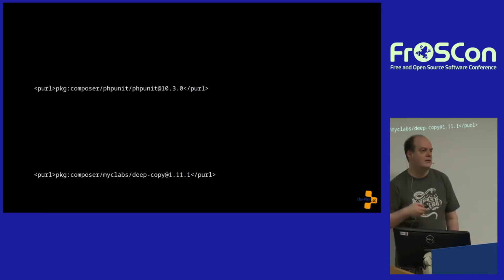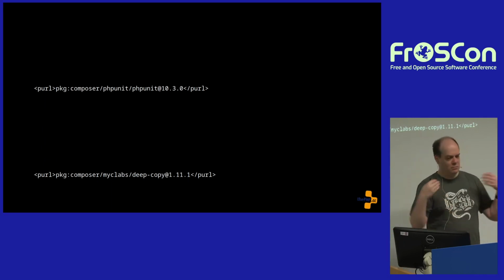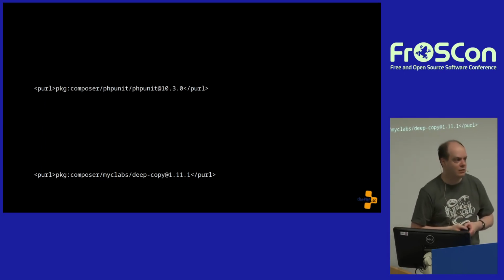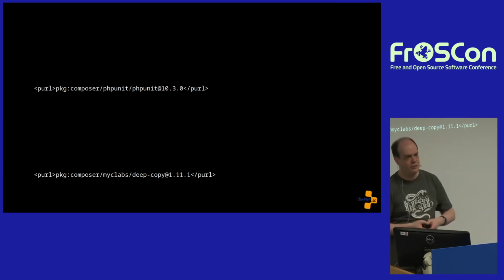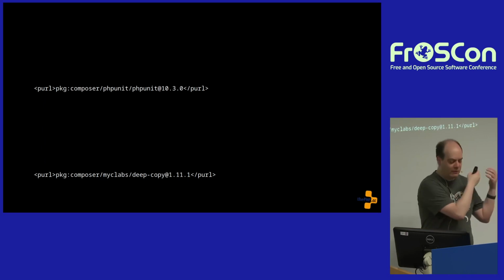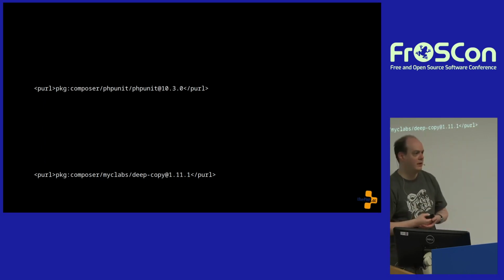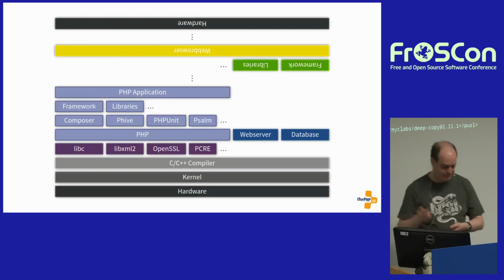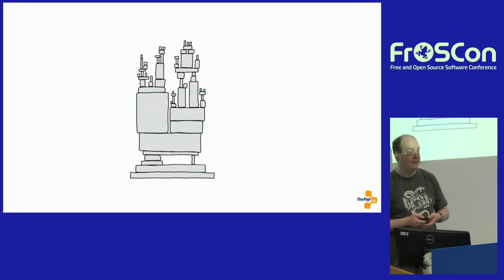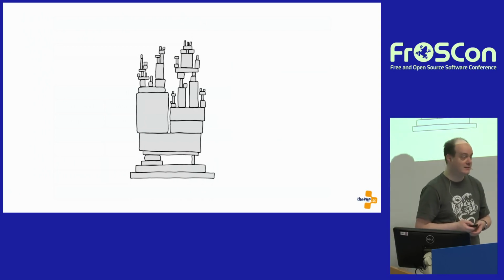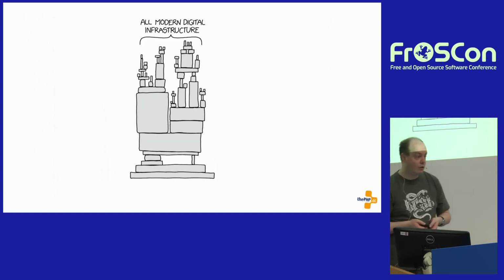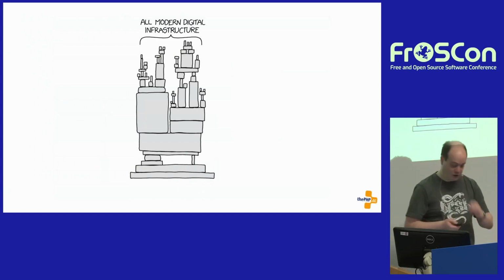Yeah, and a lot of deployment these days is done using container images and containers, and there's tooling that can give you automatically a software bill of materials in that XML format that I showed you, for a Docker container, for instance. Okay, so this is our stack. We talked about that. That looks a lot like this. So if you have never seen that, that is basically all modern digital infrastructure.